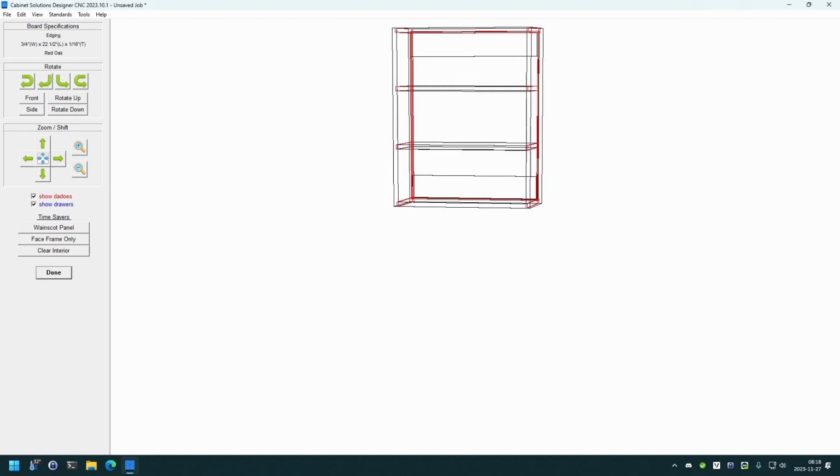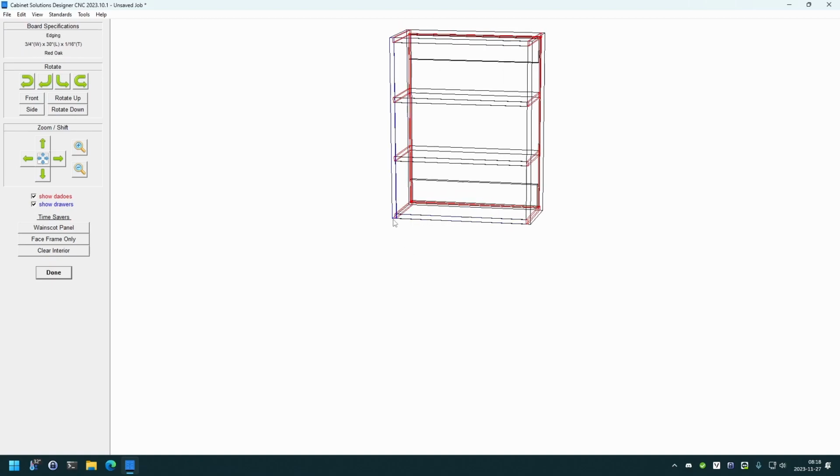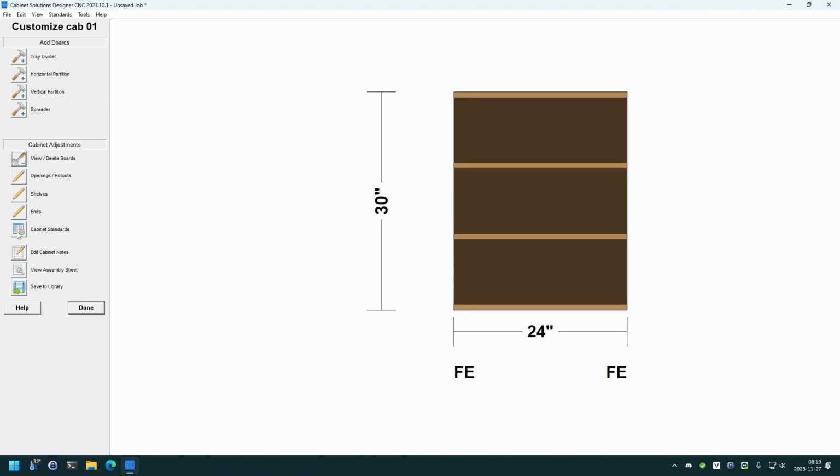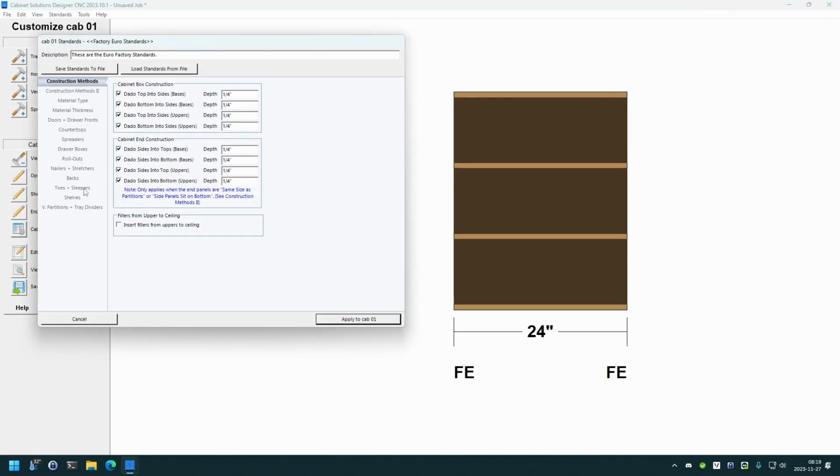I'm going to zoom in to make it easier because I need to remove the edging on the left panel, the edging on the right panel, and then I can remove my right panel and left panel. The reason why we have to remove the edging is because if I don't, the edging still exists, so the screen shows it, and it looks like my left and right panel are still there, even though they're not. So now we finish it off by going to Done, go to my cabinet standards, go to